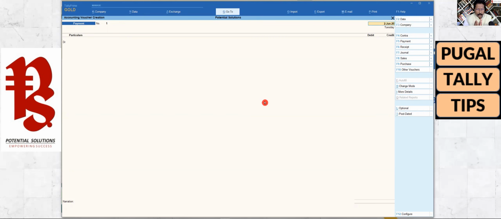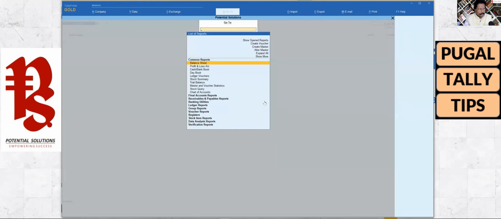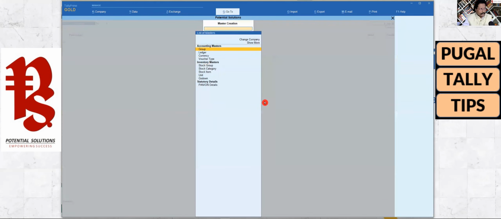So okay, before I go and pass a stock journal, I need to create the godown master. So how am I going to create the godown master? So the advantage here is you don't have to escape and then go to masters, create, and all those things. Just press Alt G. When you press Alt G, you will see here there is this option we had seen earlier. So create master. So I'll come here, enter, right, and then you see here under the inventory master, the godown is there. You don't have to go and enable, so it is not needed for you to go and enable in the F11 feature.